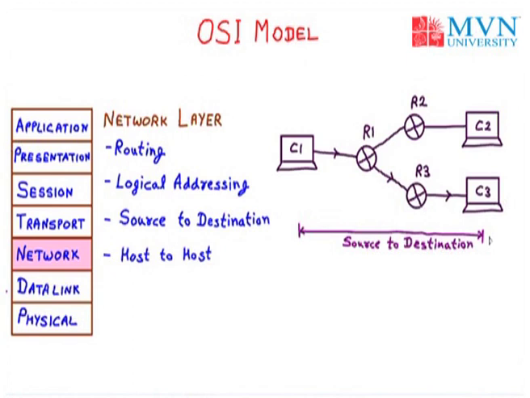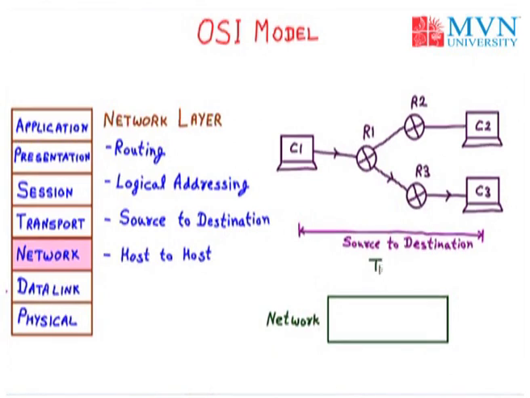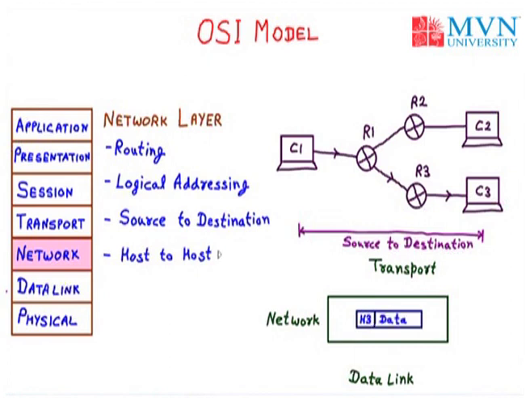Now to understand the function of the network layer, let us draw a diagram. Suppose this is my network layer. Above we have the transport layer, and below we have the data link layer. Now the data link layer will send the data as well as the header. H3 is added by the network layer. So here we have the header H3 and the data. The data link layer sends the H3 and the data, and the header is removed and only data is taken by the transport layer. This particular combination is called the packet. So that is all about the network layer.